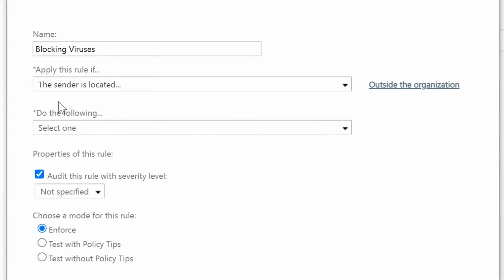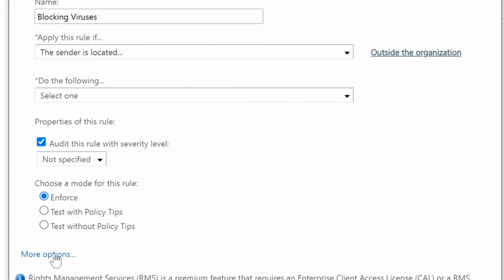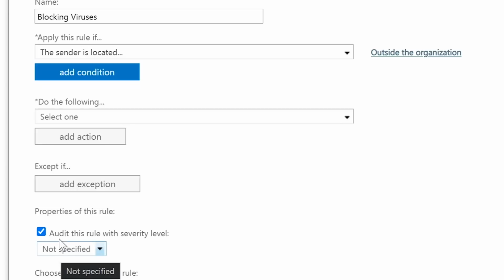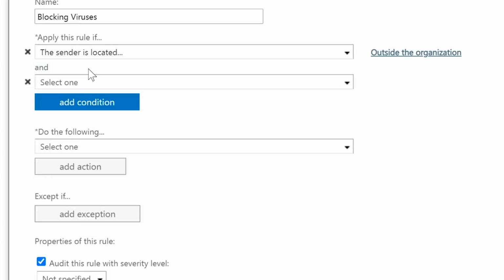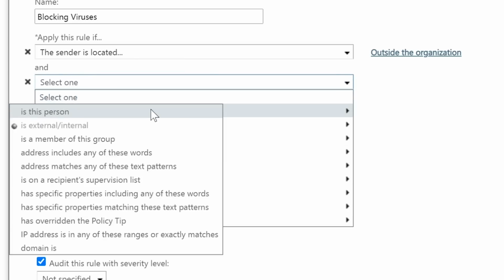We're going to make it pop up. It's just being very stubborn. So the reason it doesn't pop up for some reason is you have to click on more options, and then it adds a condition, right? So we're going to click on add condition, and then we're going to select one,